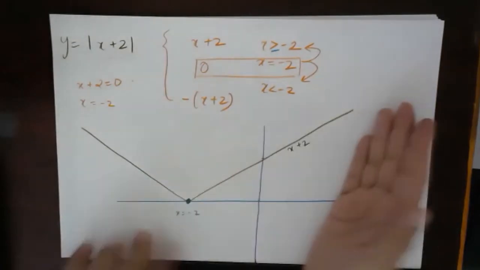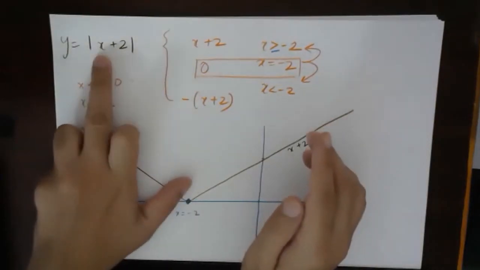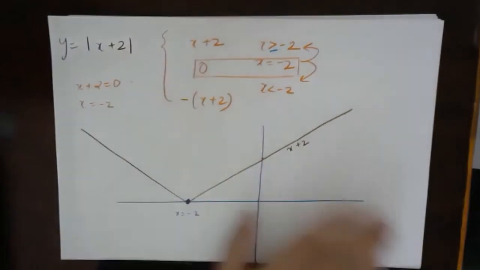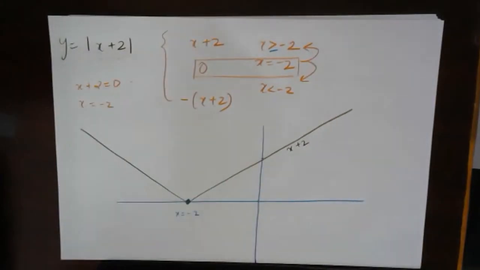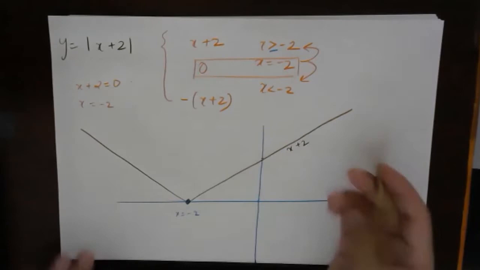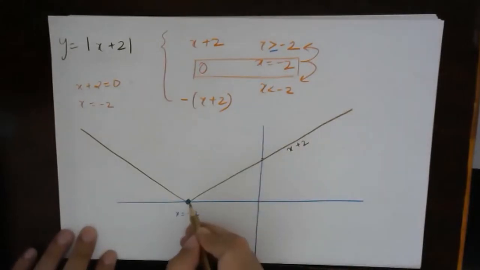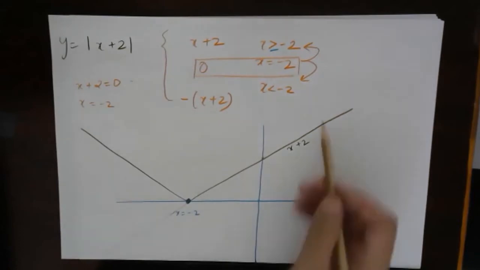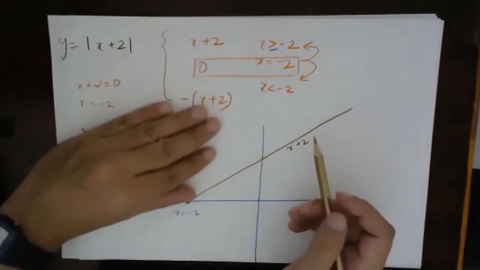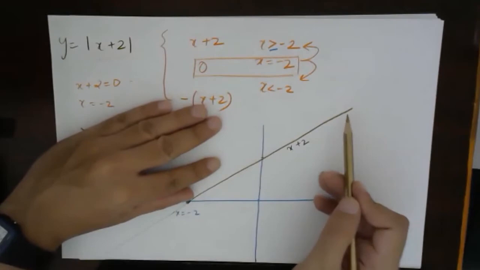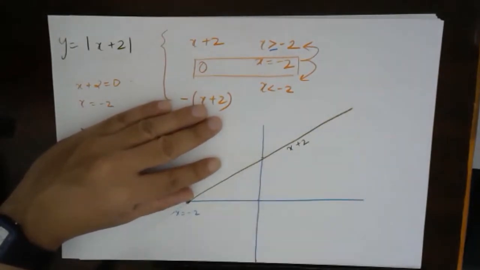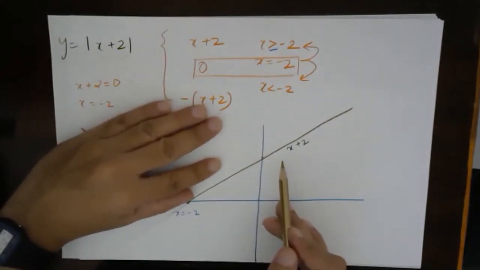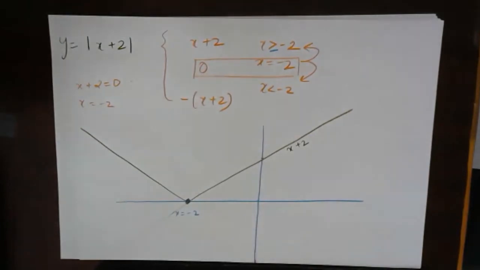See, on the right side, if I draw the graph of x plus 2, simply y equals x plus 2, the graph is something like this. This part will not be there. Now, when I put a modulus on that,